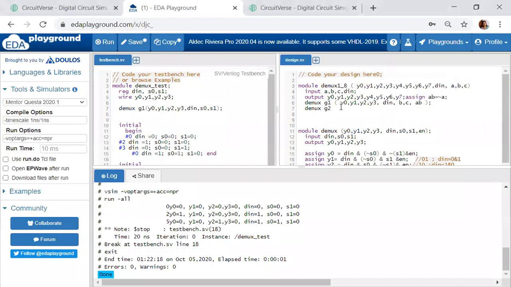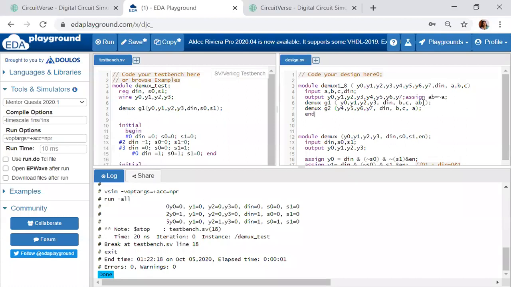The outputs will be Y4, Y5, Y6 and Y7. Then in place of D in, D in only I'll have. What is the select line? Select line is B and C only for both the demuxes. What goes to the enable? A goes to the second enable. A bar goes to the first demux enable.